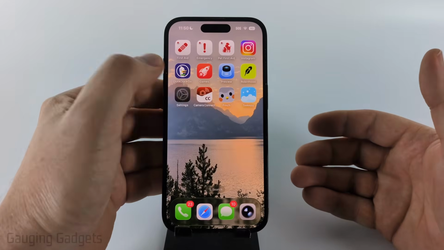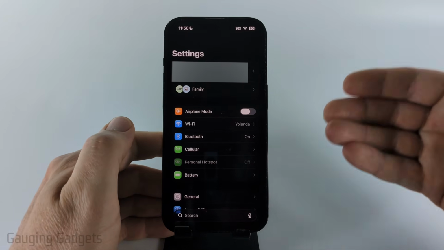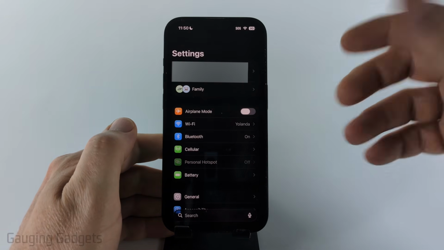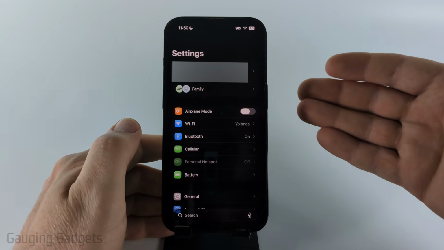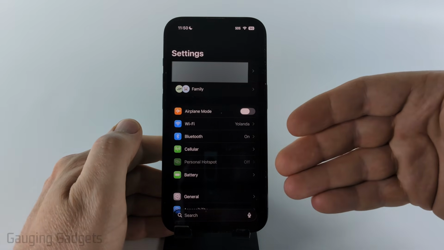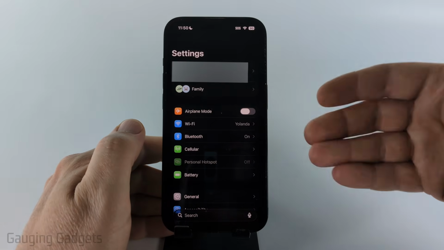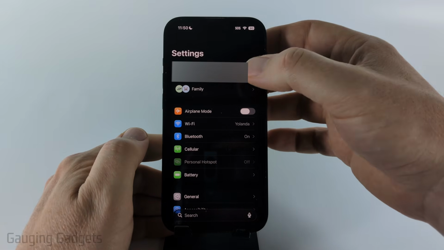So it's actually really easy to do this. The first thing we need to do is open up the settings on our iPhone. And then the first thing I recommend doing is just making sure that your iPhone is backed up. So this is optional. If you don't care about any of the data on your iPhone, then don't follow this step. But if you do, maybe pictures, messages, things like that,